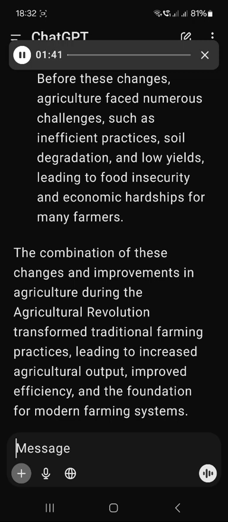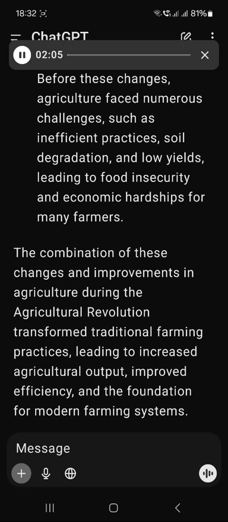3. Rigid old system. The old agrarian system's inflexibility hindered agricultural advancements, and the need for a more adaptable and productive approach became evident. 4. Cottage industries. Cottage industries, while important in their own right, started to decline due to competition from larger factories and an increasing demand for more efficient and mass-produced goods.